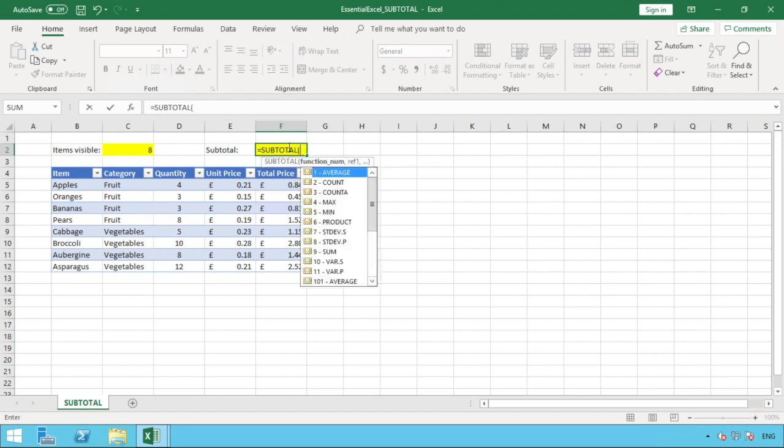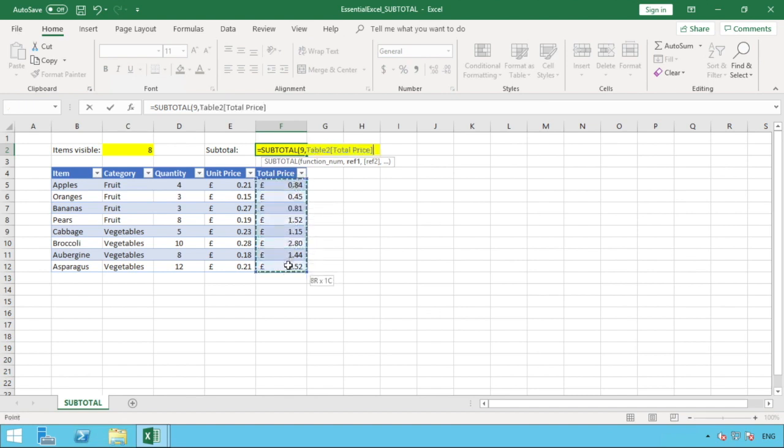And we can then see what options we want to go for this time. For this one, because we're doing a sum, we can simply click the sum option, number 9, and I'm just going to demonstrate doing it this way now. If I give it a double click, you can see that it's now populated that number 9 in there for us. Do a comma, as we can see our prompt to go into our first reference, and then we can click and drag all the value, or the range, shall I say, that contains the values we want to